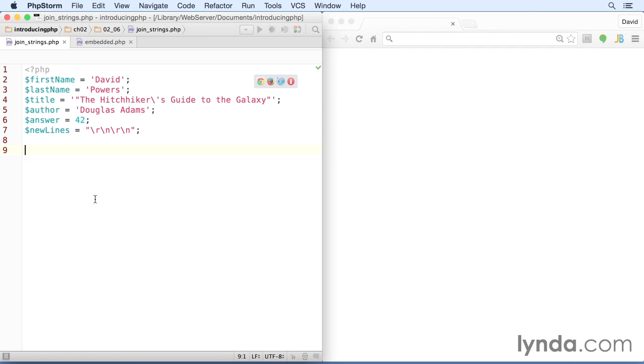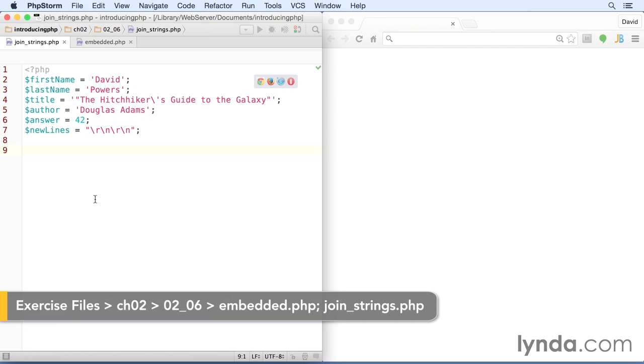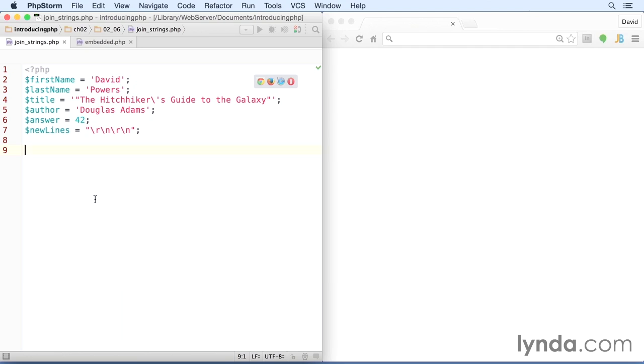When working with variables that contain strings or numbers, there's often a need to join their values to create a new string, either to display directly on screen or to store in another variable. This is particularly important when using PHP to send an email message. There are several ways to build strings from variables, and to demonstrate that I've opened this file,